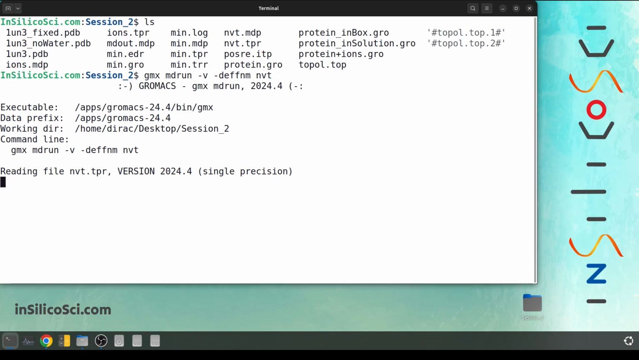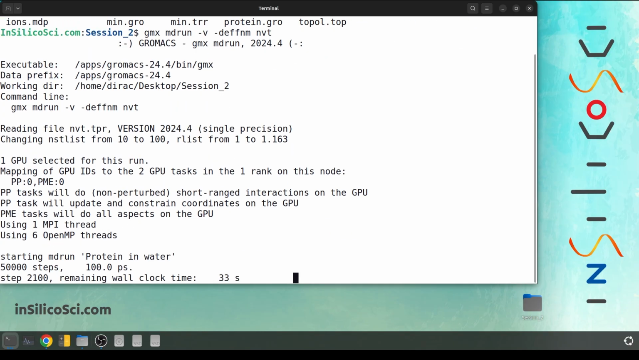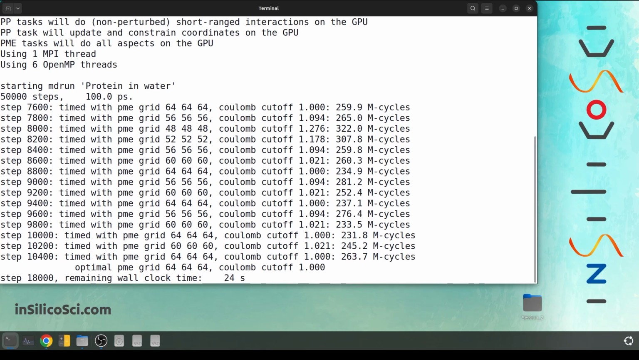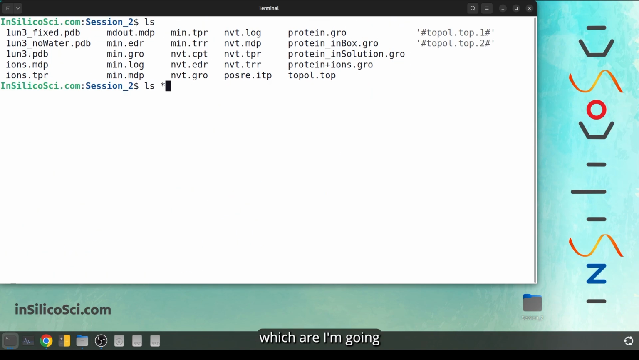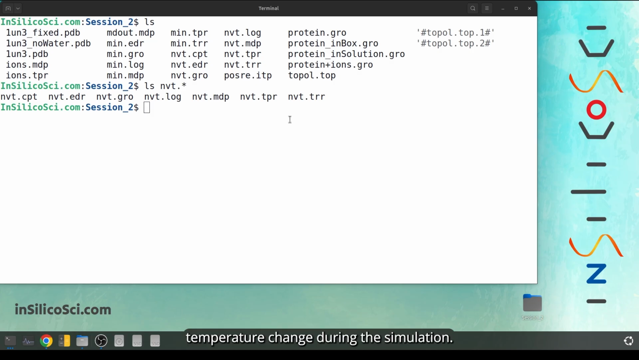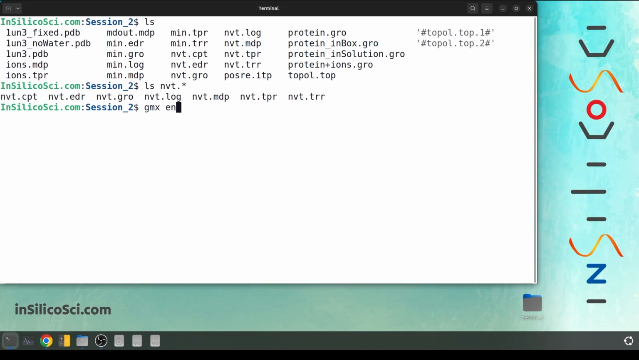And now we have some new files. I'm gonna show you the output files later on, but for now I want to do a simple analysis and check how the system temperature changed during the simulation. To do so, I'm gonna use gmx energy